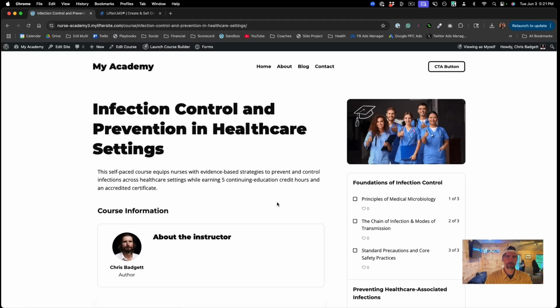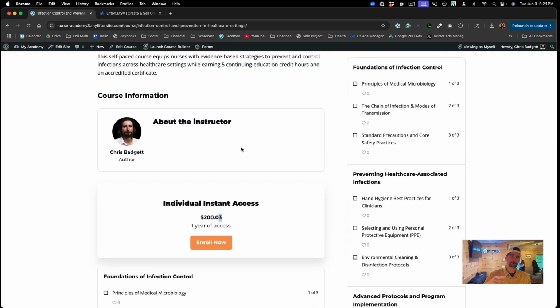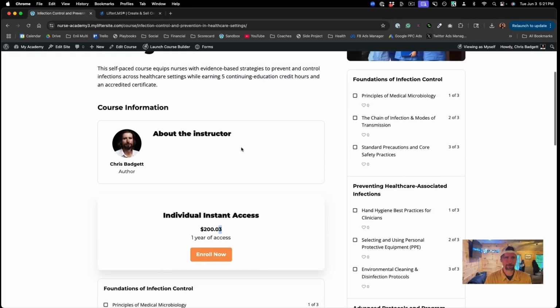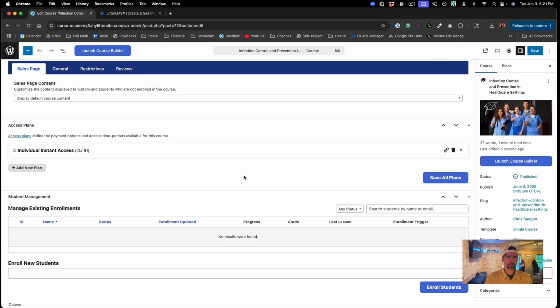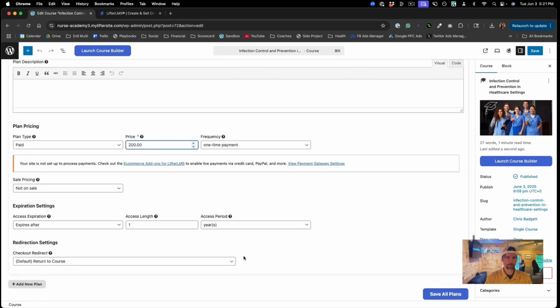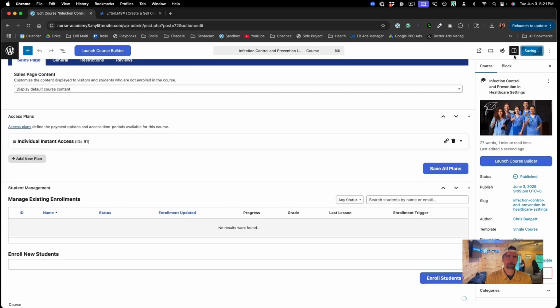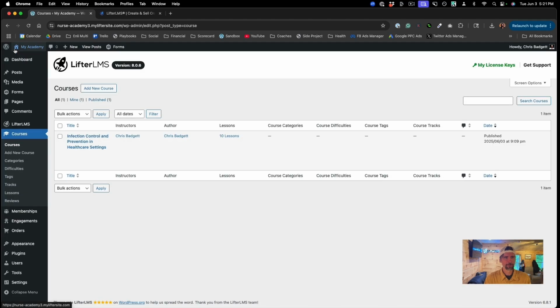And if we view our course, you can see we have the access plan set up there. I must have accidentally typed in 3 cents, so we'll fix that real quick. And then set up our payment gateway so we can actually collect money through this website. So I'm going to edit the course and go to access plan and fix that to $200. And their access expires after 1 year, since we're basically selling a certification and 5 credit hours that are good for 1 year. So I'll click Save All Plans again, click Save, and then let's head back over to WordPress